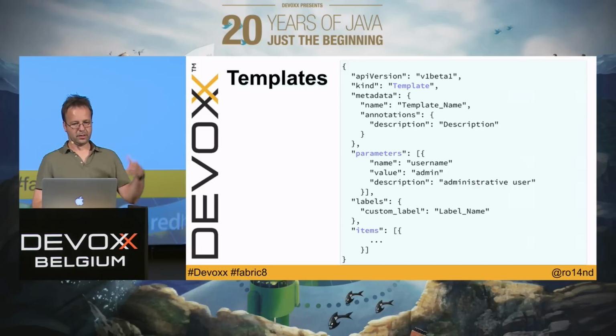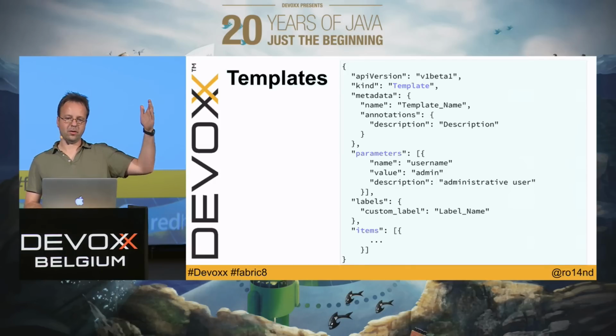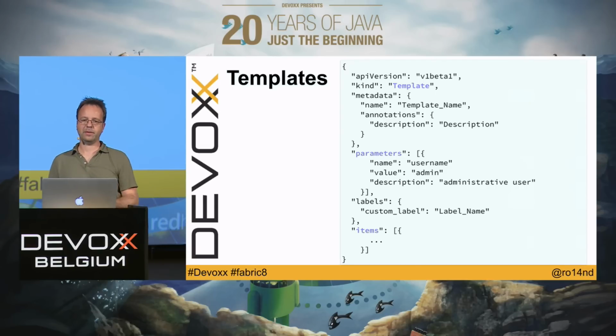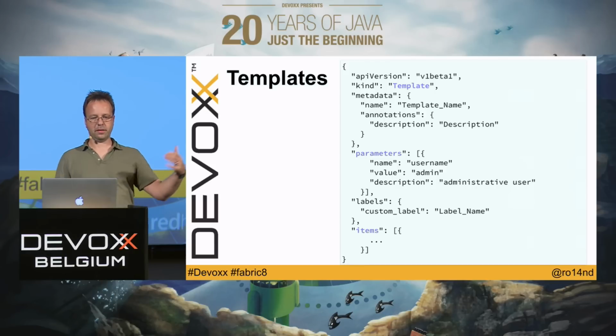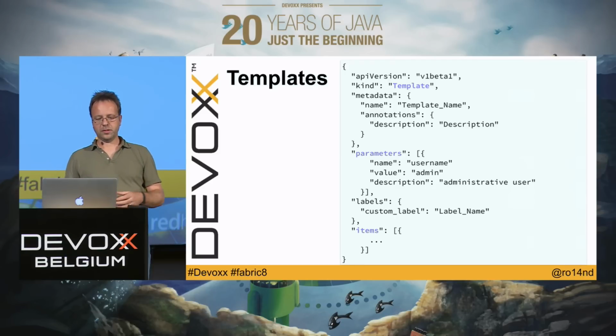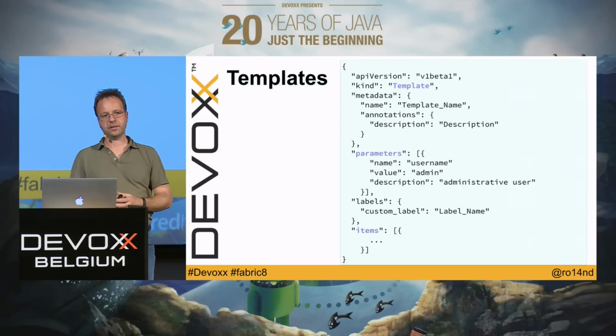Templates look like this, so it's again in kind. So here you can also see how easily the Kubernetes REST API can be extended. All these objects, what you see here, in order to create them or to manage them, you go over a REST API. And Kubernetes itself has extension points like this kind, where you simply can use kinds on your own to extend the API itself. A template is nothing more than, you see below, this items array, which holds simply a set of other Kubernetes objects which will be created if you apply this template.